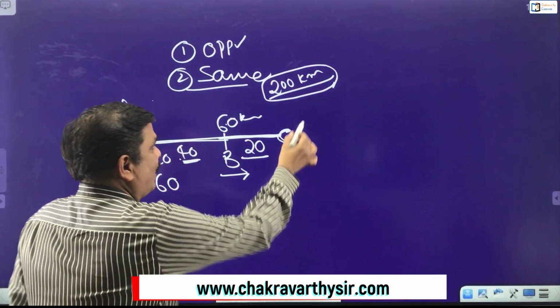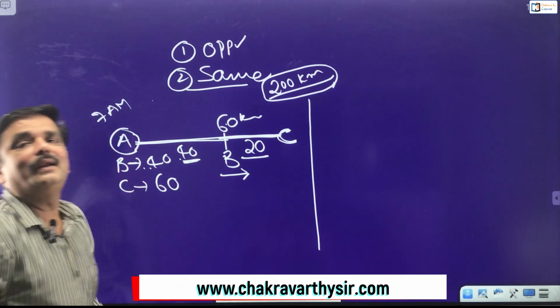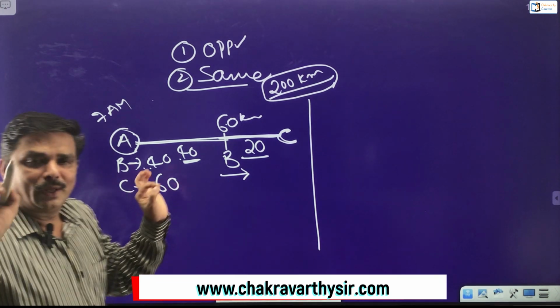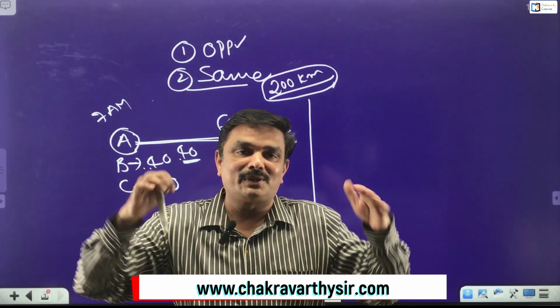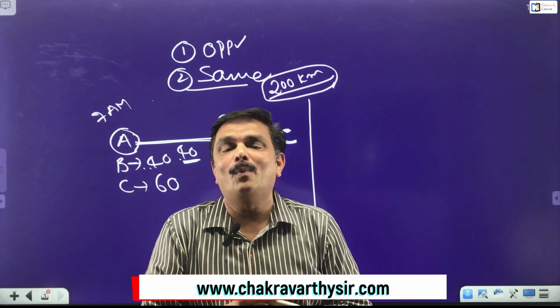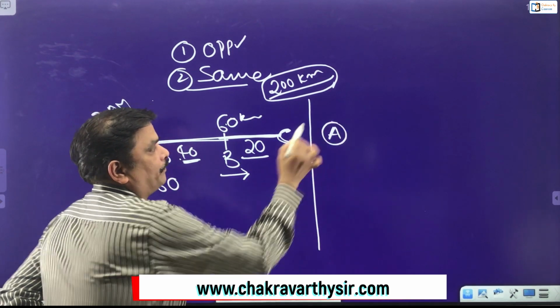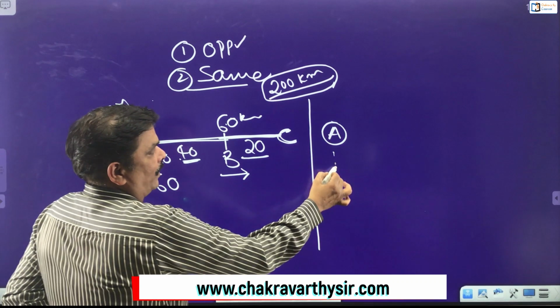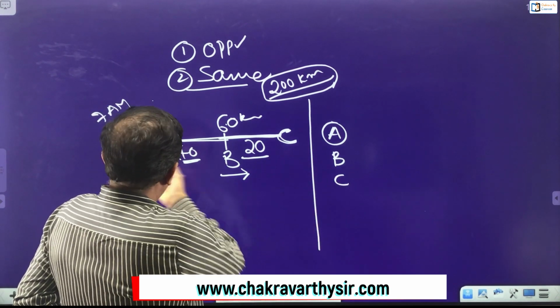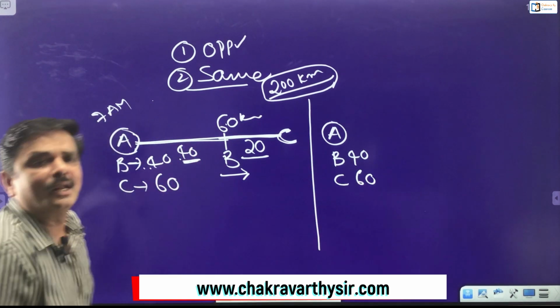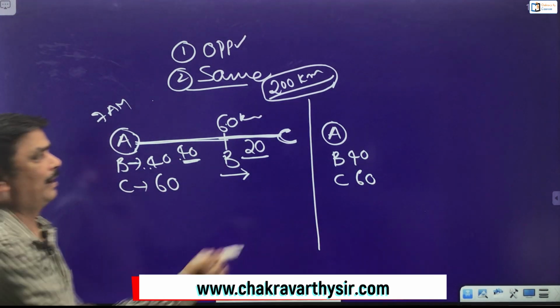Okay, so before answering this question, students, let us go with a simple question. Then we will come back to this one so that you can understand the relative speed concept in the same direction in a proper way. Take the similar example here. Suppose this is place A. Now here one bus is there, one car is there. Take the same figures. Bus speed is 40 kilometers per hour, car speed is 60 kilometers per hour,